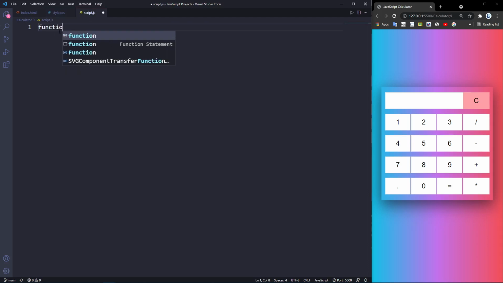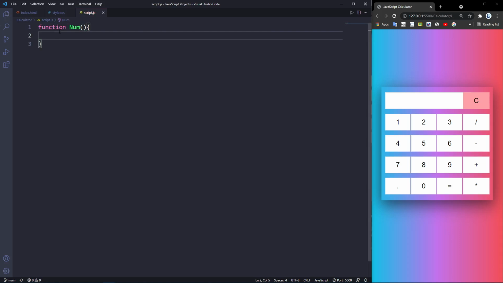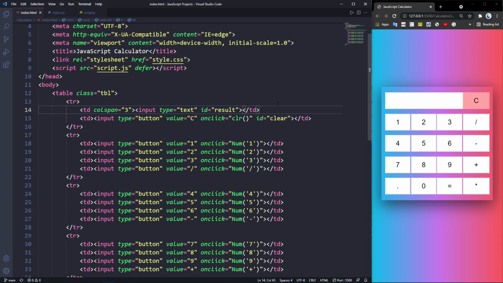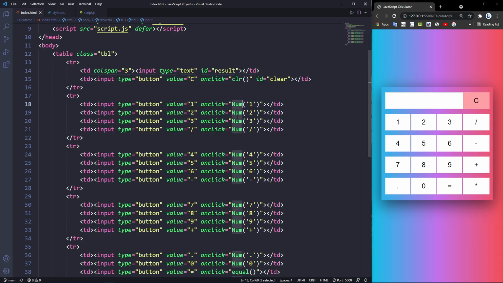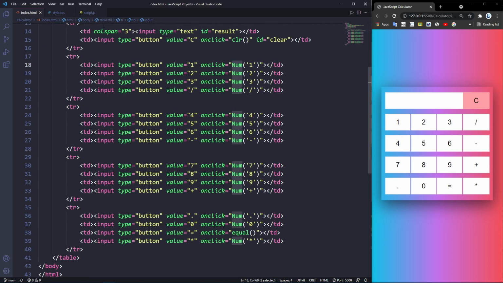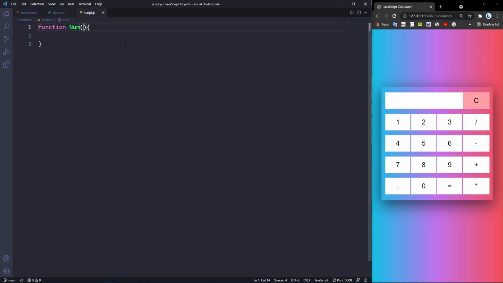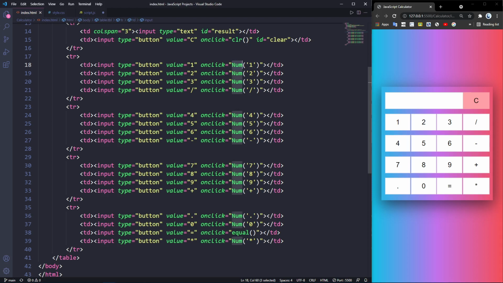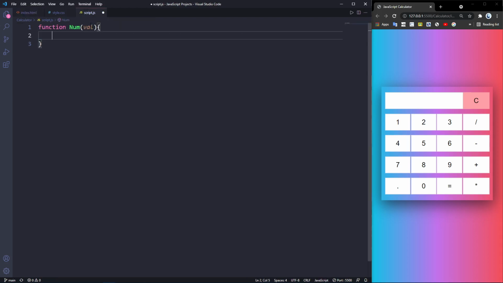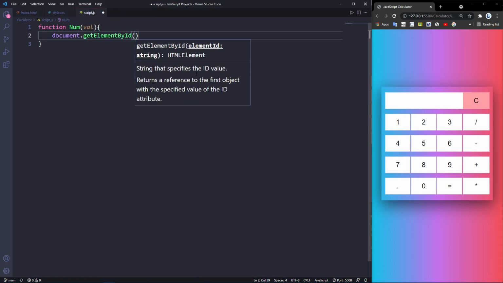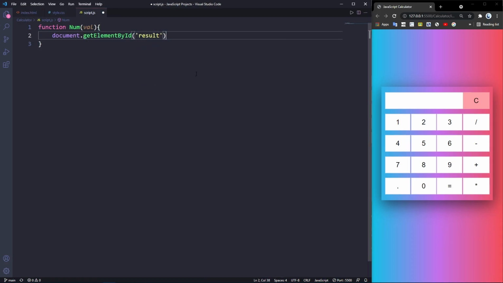Alright, so we have the functions and num. So if you still remember, whenever this button is clicked, we can call this num. You see that we have the function, and we can create a parameter which is the var. So whatever the first number is being clicked is passed by value 1 through this value. Alright, so I'm going to use document get element by ID, which gets the result value and passes